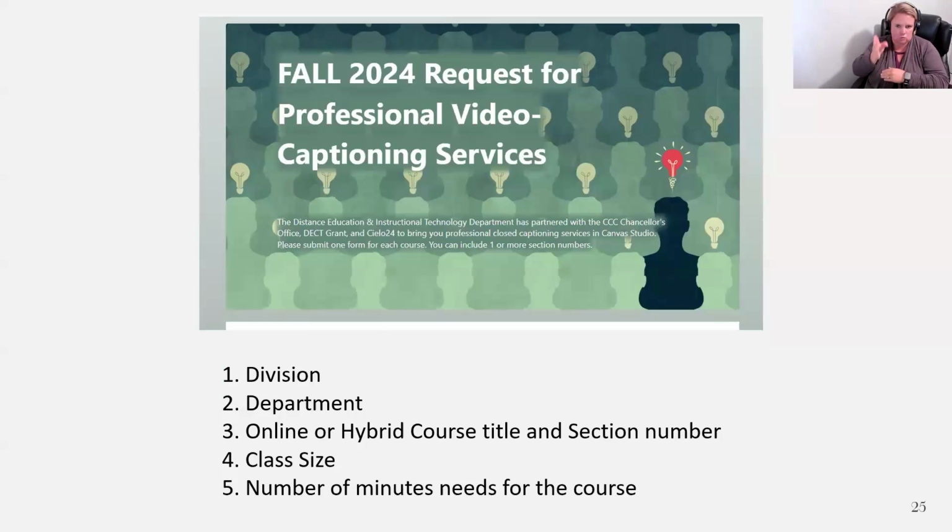So the form will be available to you and it'll ask you specific information, you know, about your division and your department. And then if it's an online or hybrid course, and with the course title, then the section number. But do you all teach like the same course, but several sections? Right? Like what's an example for you, Alan? Public speaking. Public speaking.